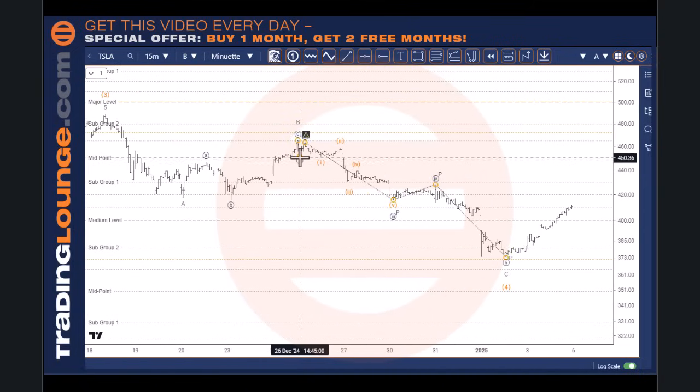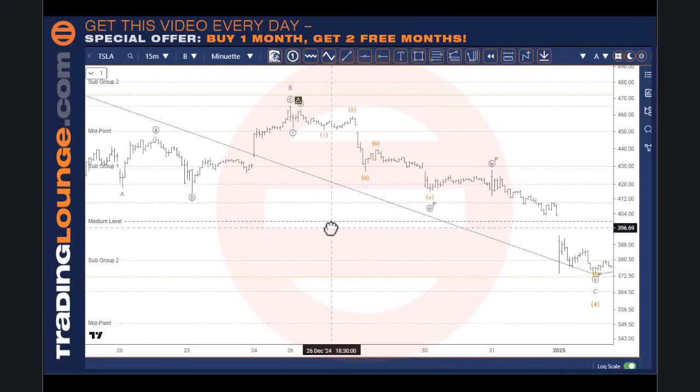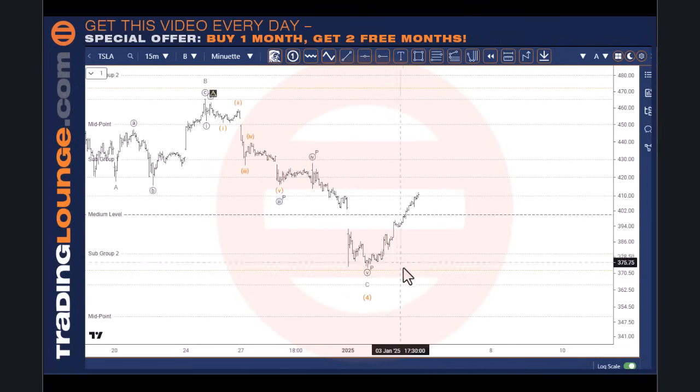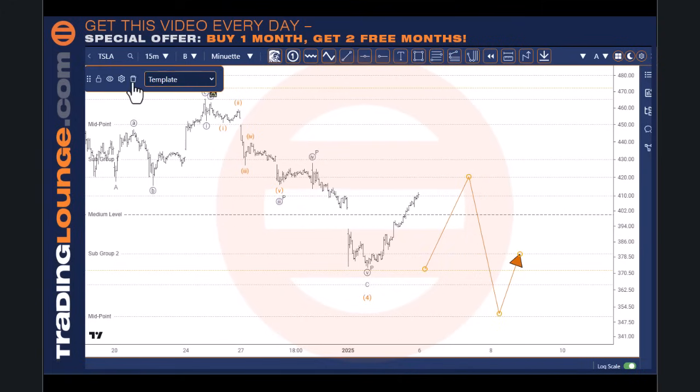I do have to force sort of wave 1 and 2 in here a little bit, which is sort of okay, but I'm not that happy with it. But that tells me that I need to be careful about this move here. So let's just assume for a moment that what could happen here is we have a move up here, and then we have another move down at this point. Do you know what I mean? That's a real possibility at this point. So we just need to be a little bit mindful of that situation.